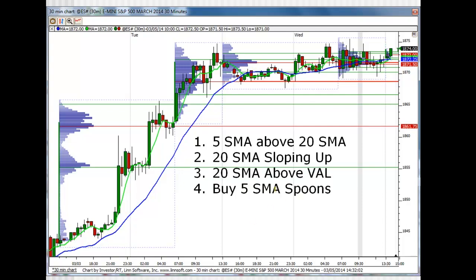Now, notice also that when the 20 simple moving average is above the value area low, this is a very high probability trade. Once we get the simple 20 average above the value area low, that increases the probability even further. You want to buy the 5 simple moving average spoons. This is our trade cue, and here's the first one based on this high probability setup, and here's our second one. This one would not qualify as a very good spoon,